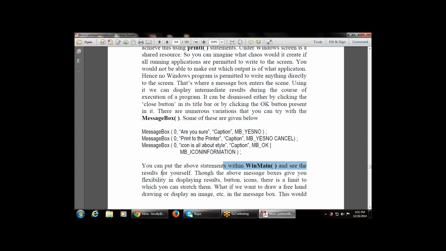Right. You can put the above statements. Above statement means either you can put one, two, or three of them within the WinMain. So WinMain is the main function. You can put the above statement, that is a message box statement, within the WinMain and see the result for yourself. Though the above messages give you a flexibility in displaying the results, button, and icon, there is